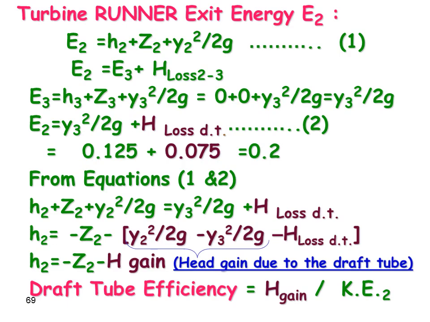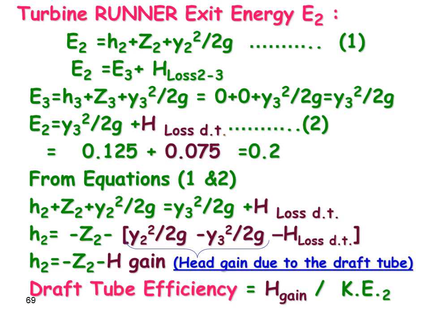We can find on one side H2 equal, and all other quantities go to the right side. We can find that H2 equals minus Z2 minus V2 square over 2g minus V3 square over 2g minus H loss in the draft tube. Now we can look at the quantities between square brackets, V2 square over 2g